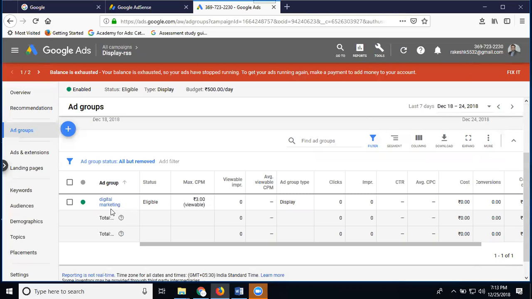Next one, it will show on Gmail and the promotions tab. On the Gmail promotions tab, this ad will be visible.